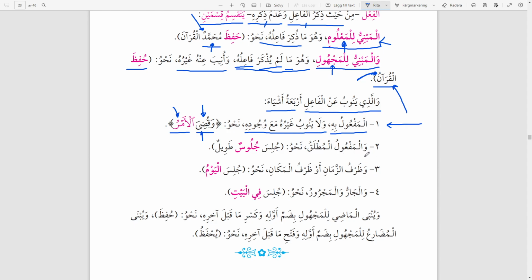And then you have the second one, المفعول المطلق. This is like an infinitive that you mention after. If we take an example in مبني للمعلوم, like okay, he jumped a very high jump. A very high jump. So there you said jump after he jumped, meaning you mentioned the actual action twice. You did it to say that it was high. Okay, so he jumped a very high jump.